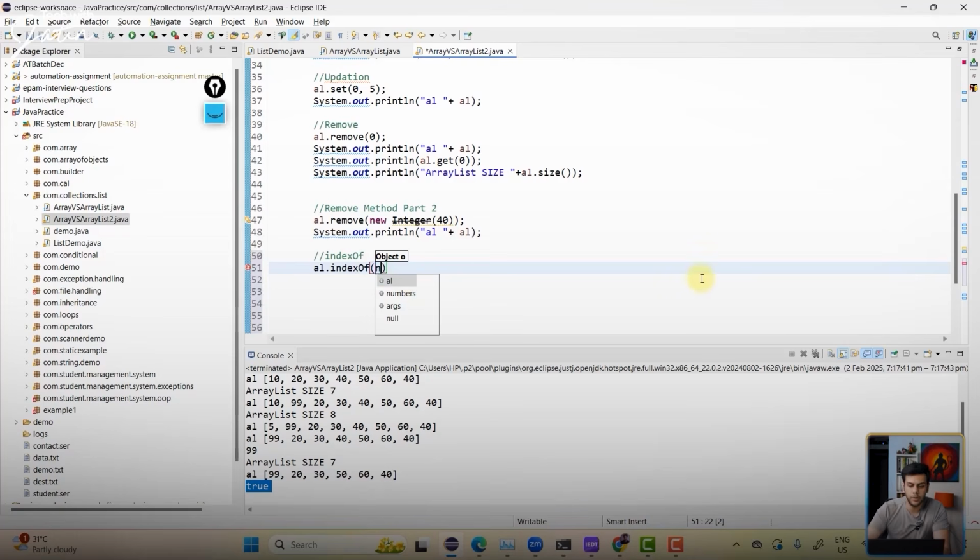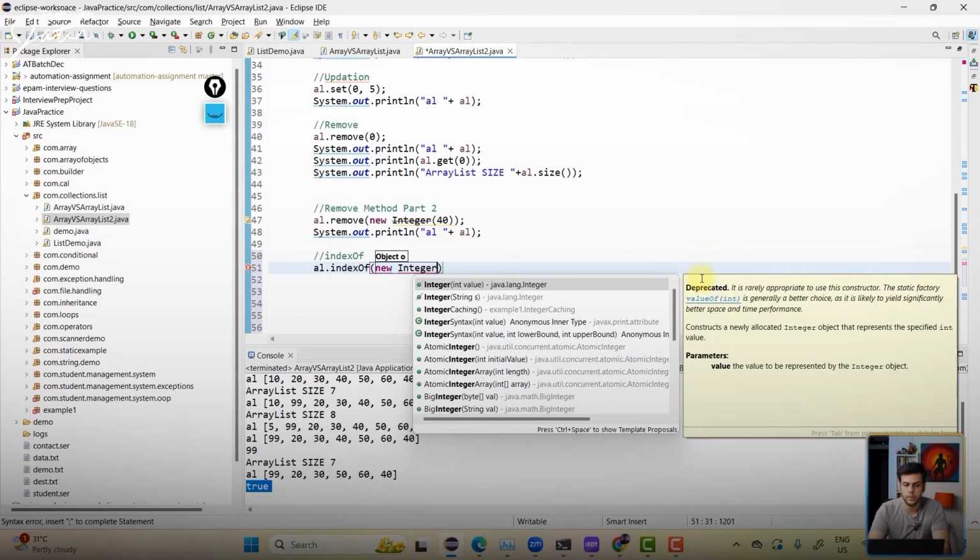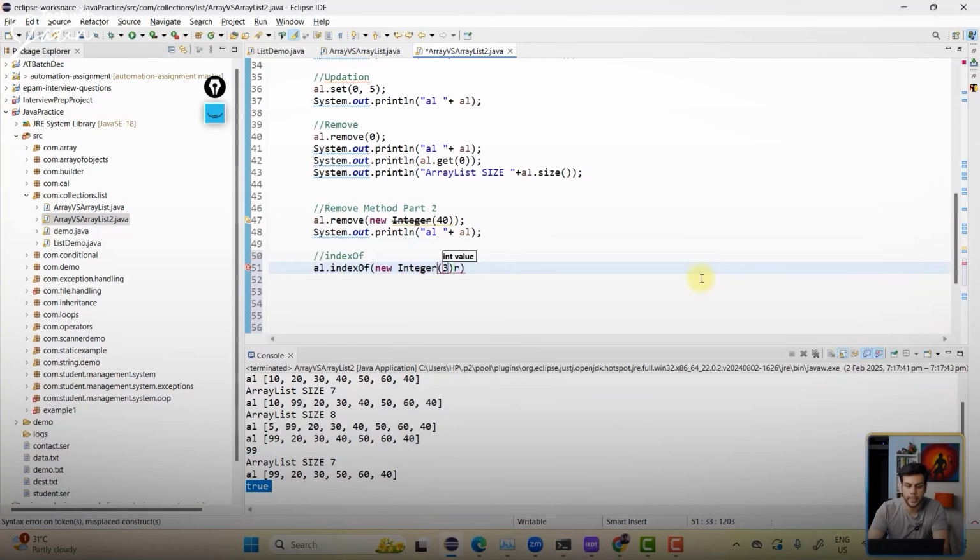You know how to pass it now? New Integer of, let's say, 30. So I want to know the index of 30 in our array list. So 0, 1, 2. The answer should be 2.